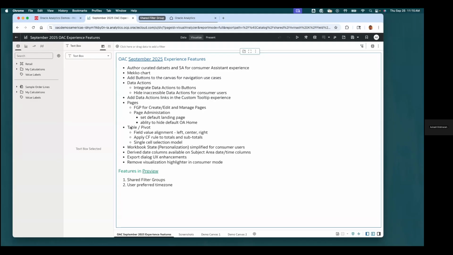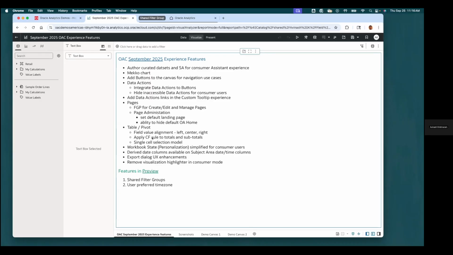There's a lot of feedback that we've heard from the community and the Idea Lab. So the three features that we're adding in the September update are, first, field alignment, so you can align your header and data values to be left, center, or right aligned. Conditional formatting rules are now expanded to format the total and subtotal header and values as well.